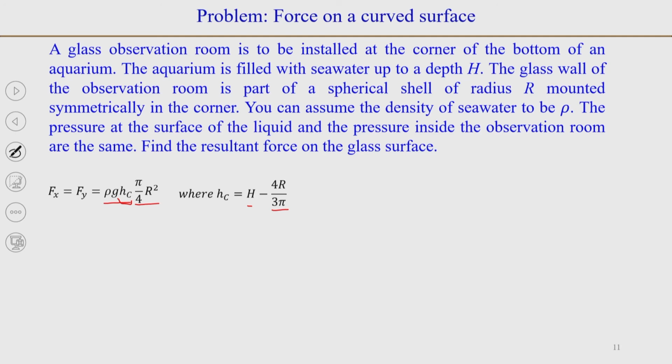So, h minus 4r by 3π is h_c. That will be the force in the x and y direction, and the force in the z direction will be equal to the weight of the liquid above this liquid column. Now, the liquid column will have